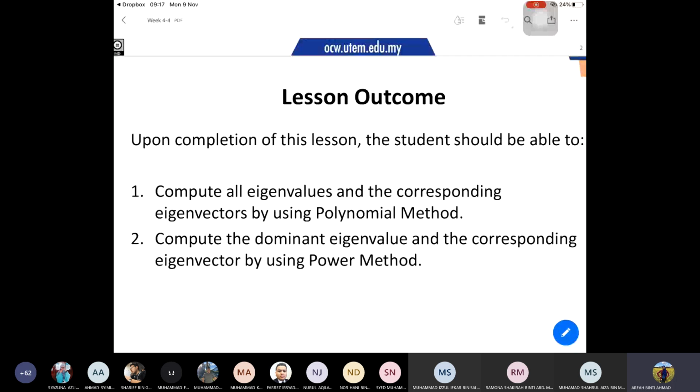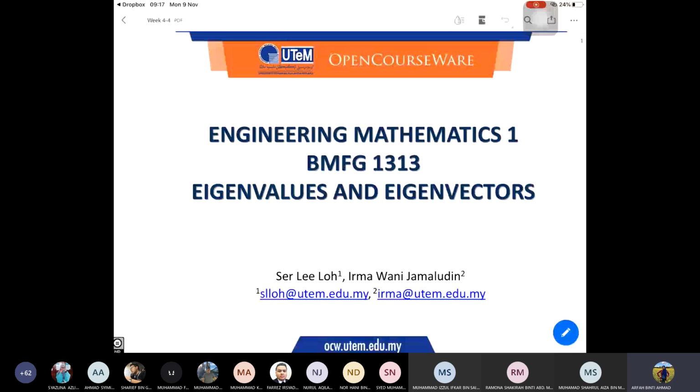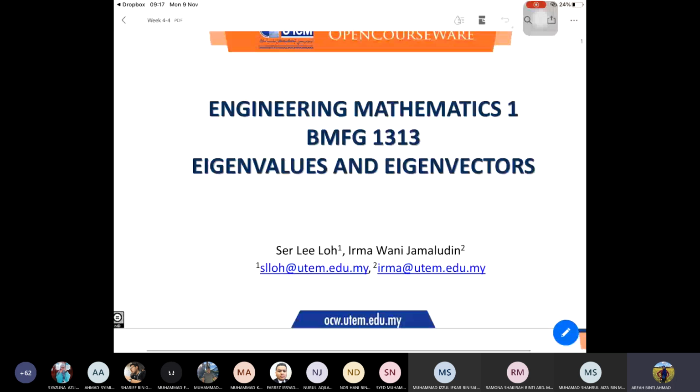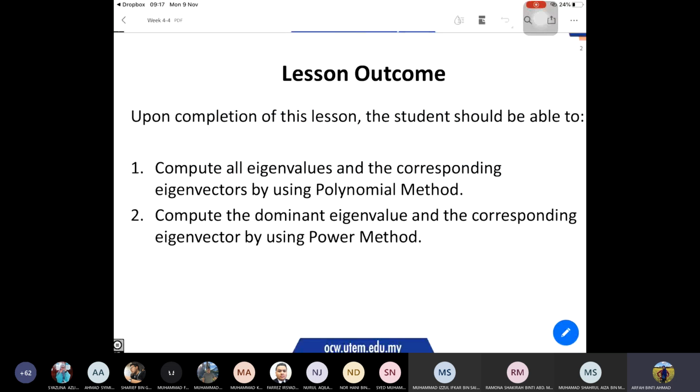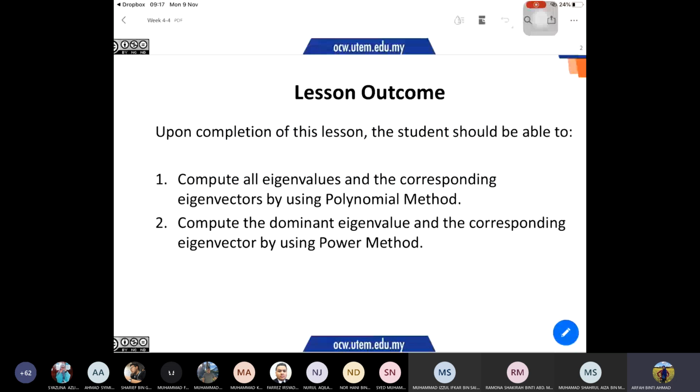So, eigenvalues and eigenvector. In this chapter, we will see how to get the eigenvector and also the eigenvalue lambda of a matrix. Okay. So upon completion of this lesson, the student should be able to compute all the eigenvalues and the corresponding eigenvector by using polynomial method, and then compute the dominant